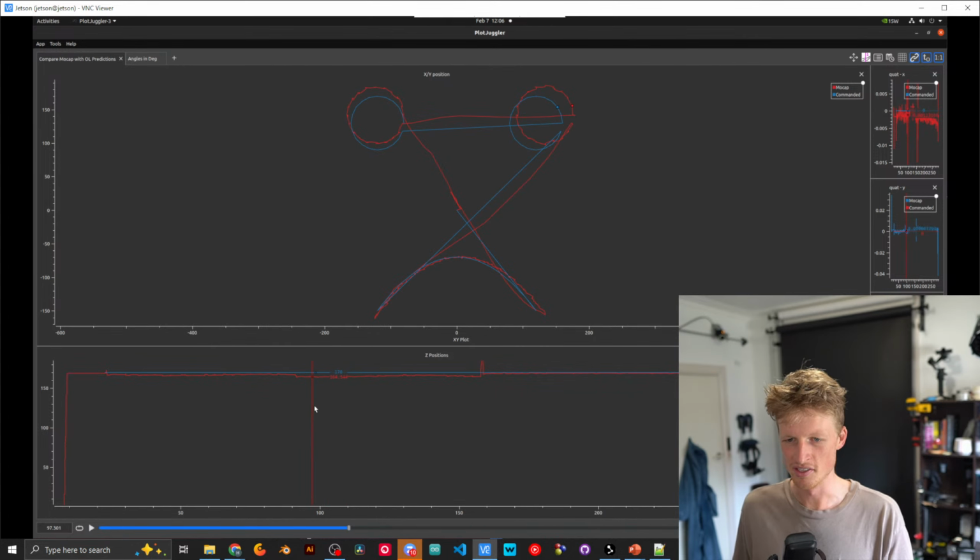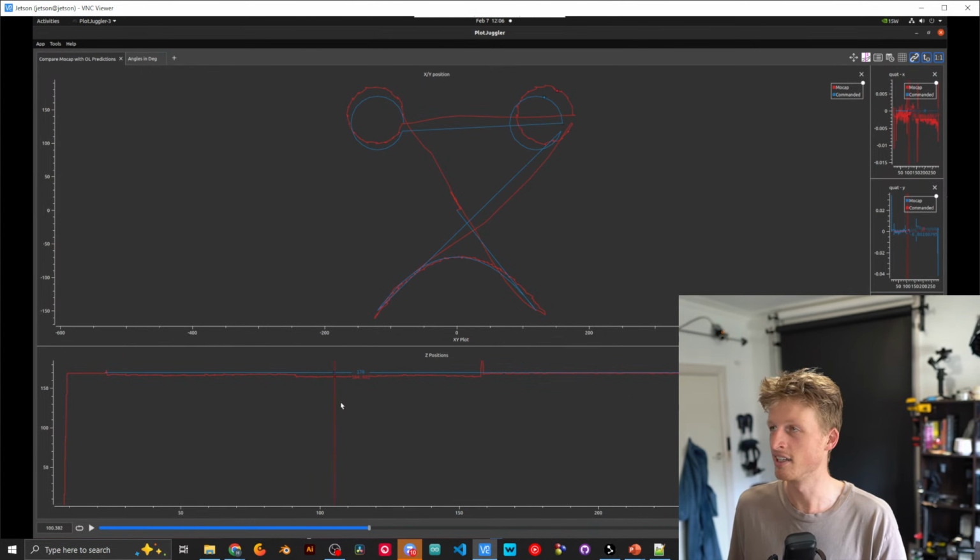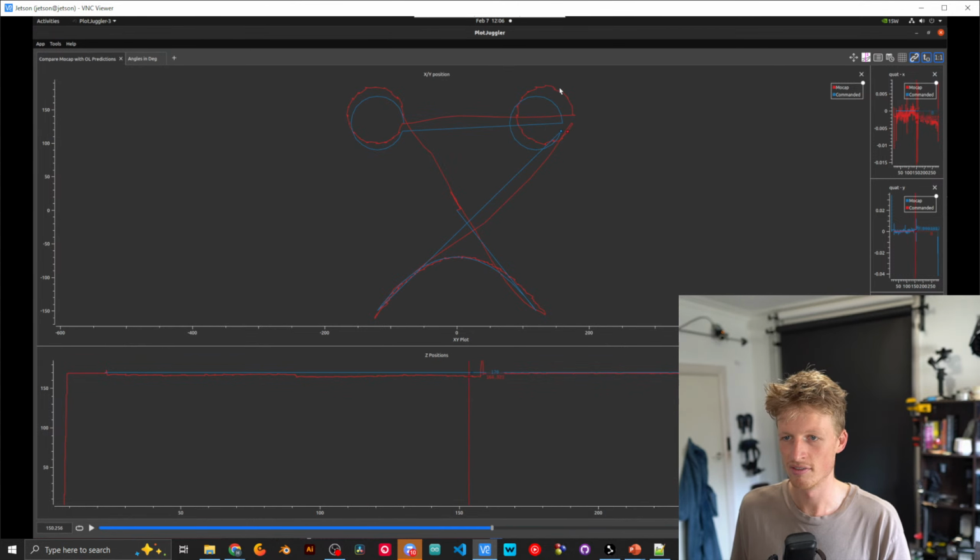So the Z data is fairly close. As I pan through, I think this is the biggest error. It's about 6 millimeters off, actually just over 5 millimeters off. So that Z data is okay, but the XY data is not fantastic. I don't know how to select